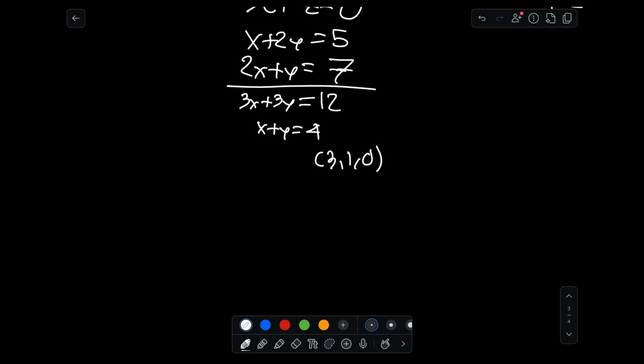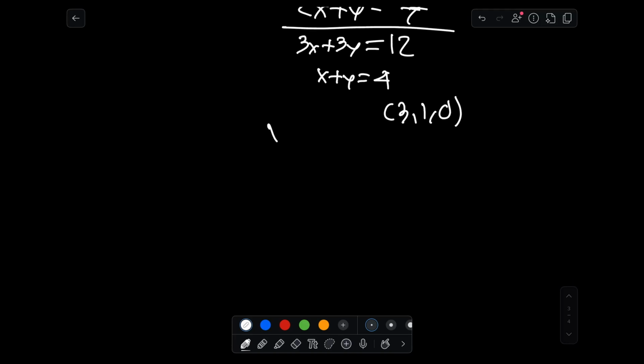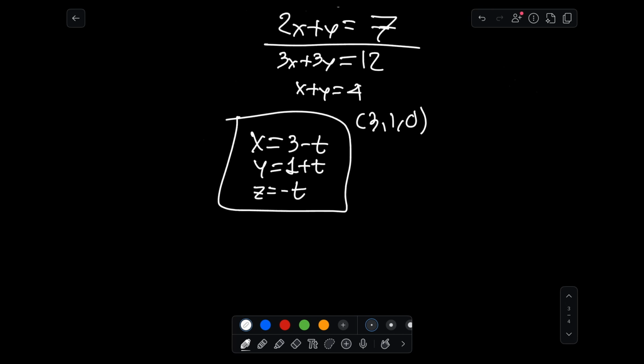Doesn't matter as much, but if you just want to be 100% sure, that's your answer, and go right ahead. And then we get x equals 3 minus t, y equals 1 plus t, and then z equals negative t, and that is the parametric expression